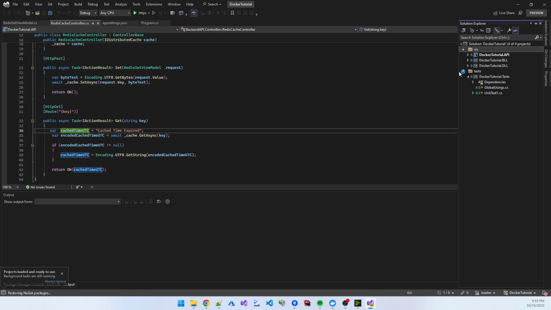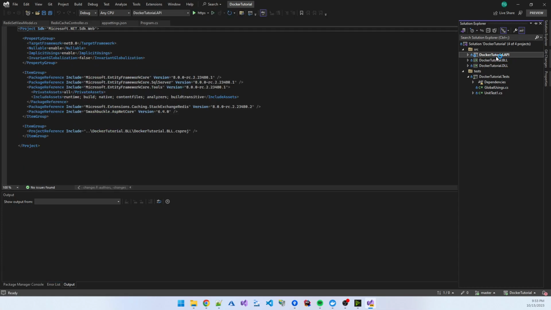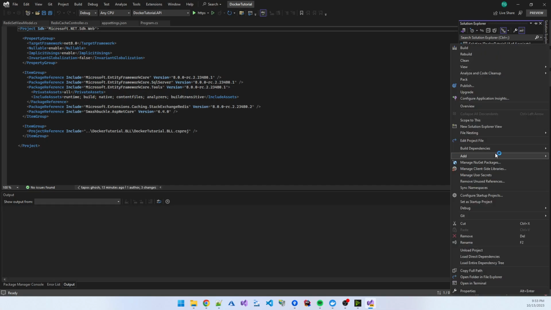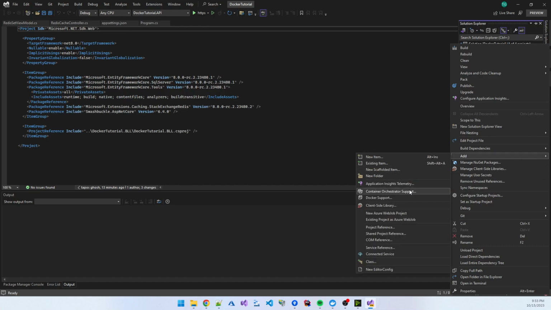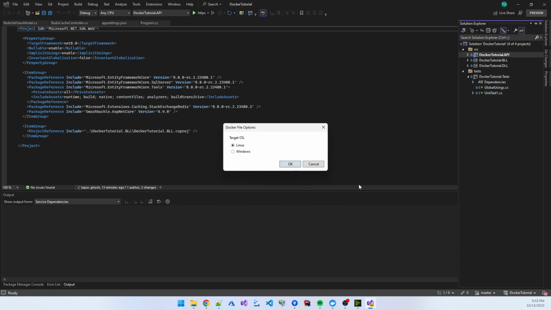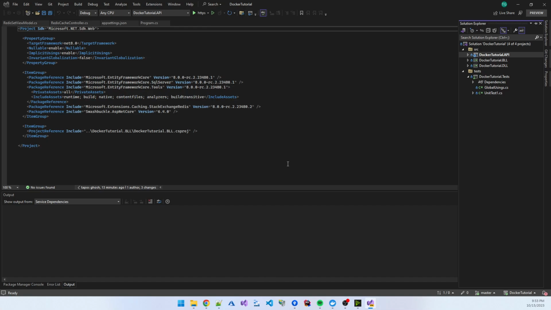Now I need to add Docker support. In my main application, which is the API application, right click, click add, and now Docker support. So if I click this and click OK,